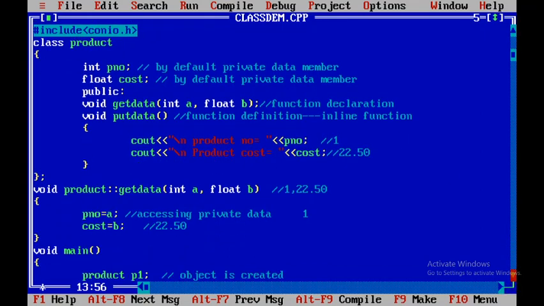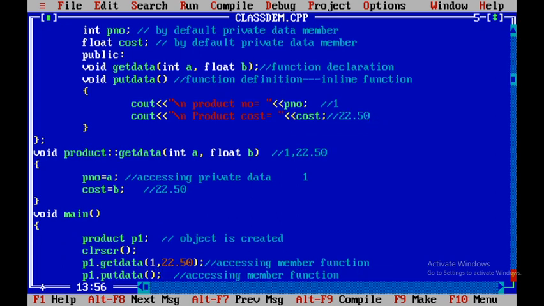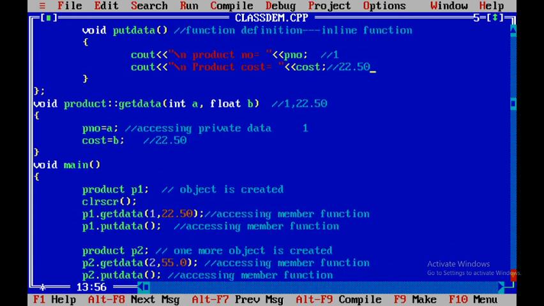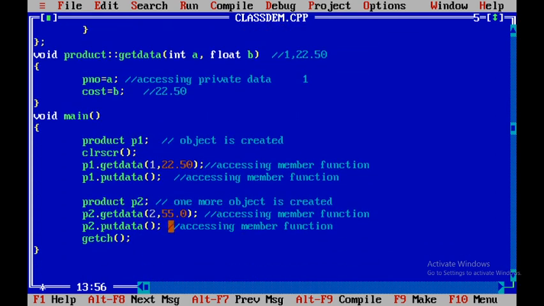After that we have created the second object. For the second object, again memory is allocated to store one integer and to store one float. The memory is allocated for P2. So again for P2 we have called the getData method. Here for the second product the values are 2 and 55.